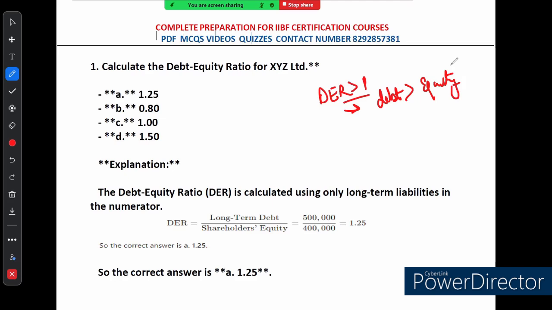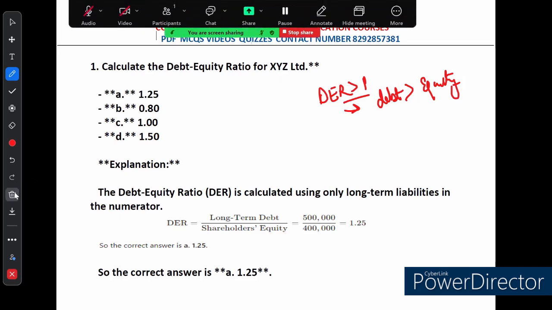तो दोस्तों ये debt equity ratio को समझना बहुत जरूरी है, क्योंकि ये इन्वेस्टर को और स्टेकहोल्डर को एक इंसाइट प्रोवाइड करता है कि कितना रिस्की कंपनी का फाइनेंशियल स्ट्रक्चर हो सकता है. यदि ये रेशियो ज़्यादा है, मतलब कि रिस्क ज़्यादा है, खासकर यदि कंपनी स्ट्रगल कर रही है अपने डेप्ट ऑब्लिगेशन को मीट करने के लिए. So remember, higher ratio could mean more risk, especially if the company struggles to meet the debt obligation. So this was about question number 1. The correct answer is 1.25.